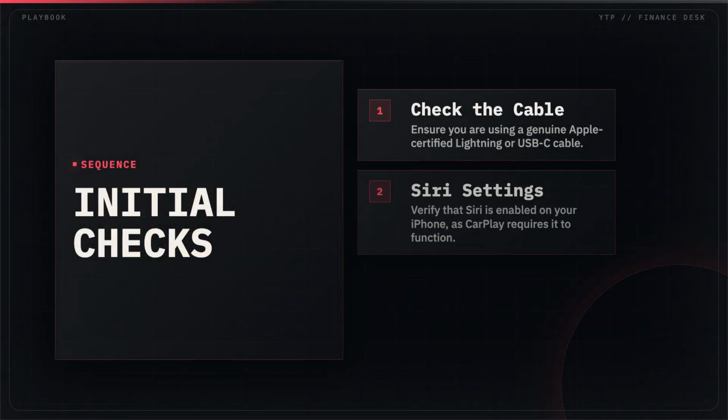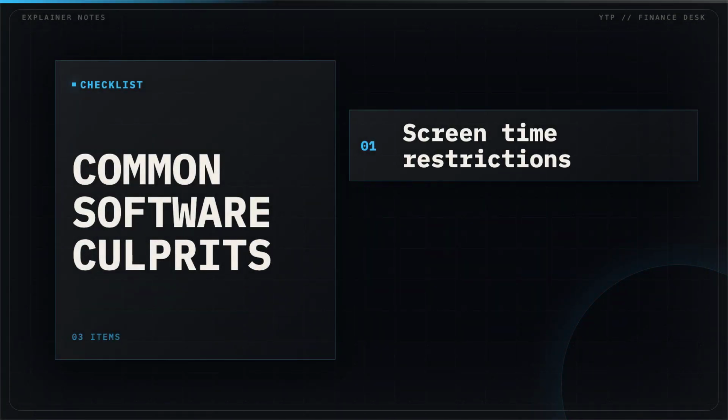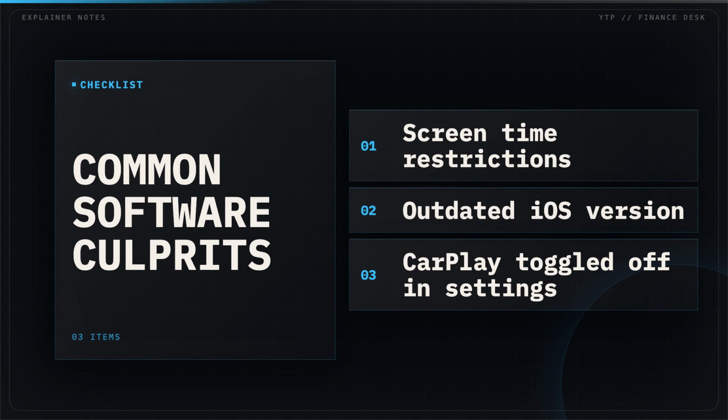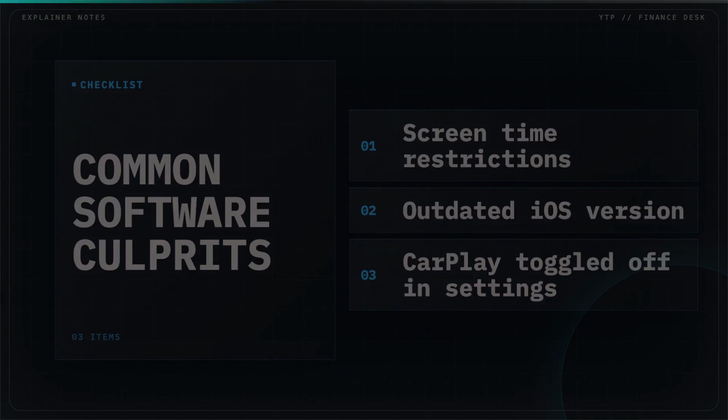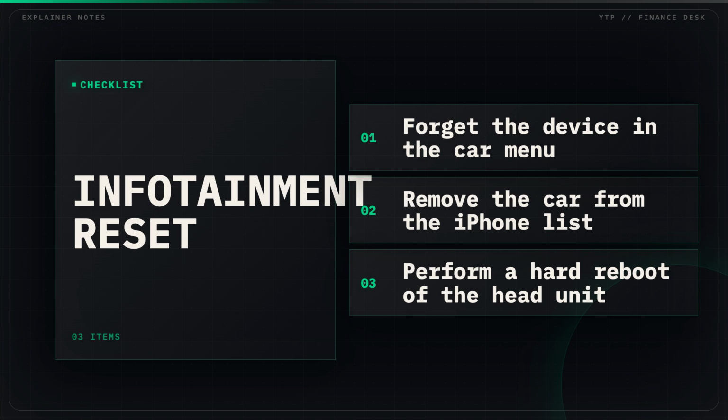Start by inspecting your cable, verifying Siri is active, and checking your phone port for debris that might block a solid connection. Check your screen time restrictions and confirm that CarPlay is explicitly allowed in your iPhone's privacy settings. If settings look correct, perform a full handshake reset by deleting the device profile from both the vehicle and your